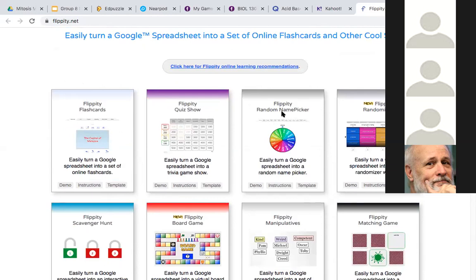I actually really like this one, turning your roster into this random team picker, because that's for when we can finally get back in the classroom. One of the things I try to do is always mix up the groups when they're doing these collaborative activities, because it makes the environment of the room feel so much more inclusive and safe when they are all interacting with each other instead of just the one person they came in knowing. So I'm always switching up the groups, and I'm going to use this once we get back in the classroom to randomly assign groups. You just upload your roster and it turns it into this interactive option to choose groups.